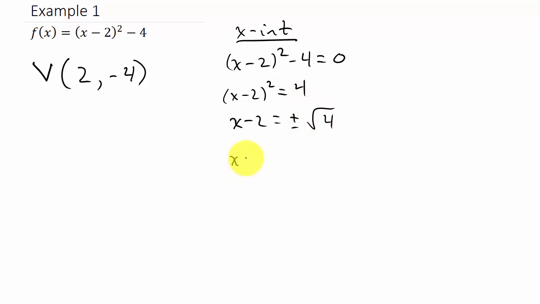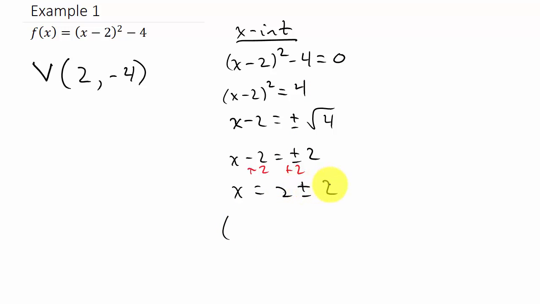And so that's x minus 2 equals plus or minus 2. And so x equals, I'm going to add the 2 to both sides. See, I'm adding 2 to both sides here. So that's going to be 2 plus or minus 2. Okay. All right. So now my x-intercepts are, well,